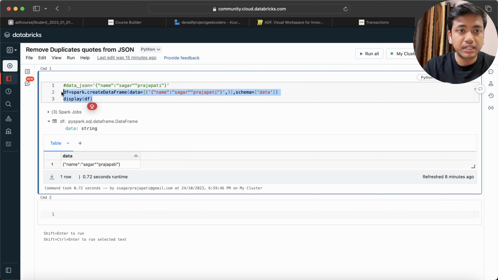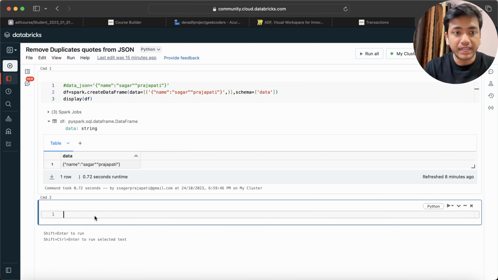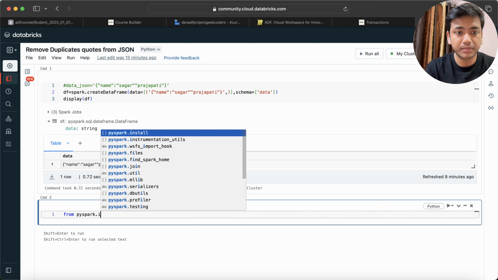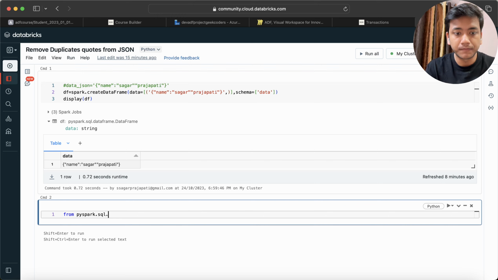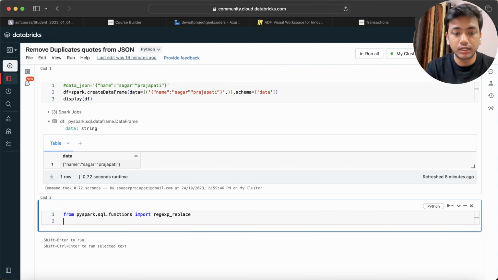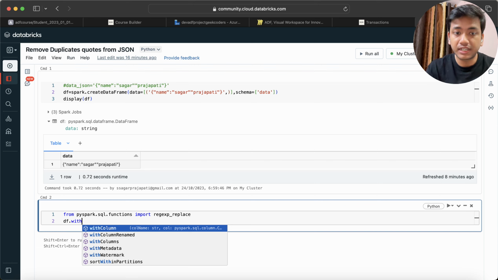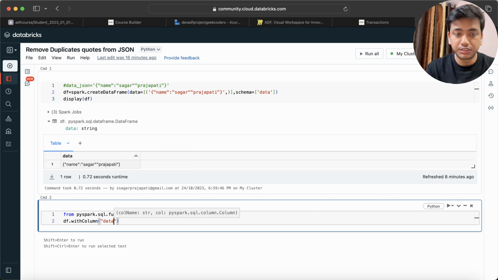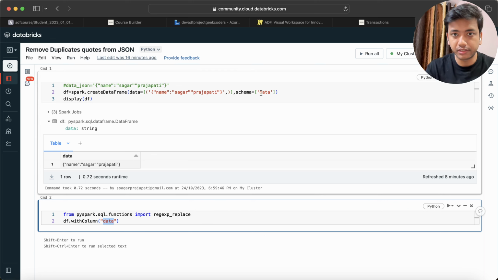So you can see we have this data right now. I will first import the function. I will write from pyspark.sql.functions import regexp_replace. I need to take only one function, so I'll write that name, regexp_replace, and I will use this function. Now I can write df.withColumn. We can also use withColumnRenamed, or I can use withColumn, so let me go with withColumn and use the column name. Since this is the column name,